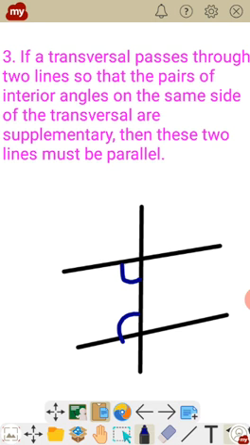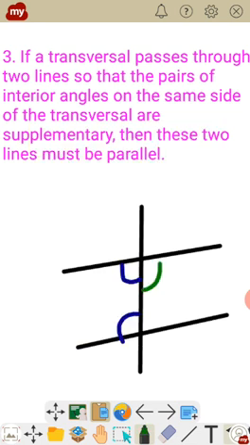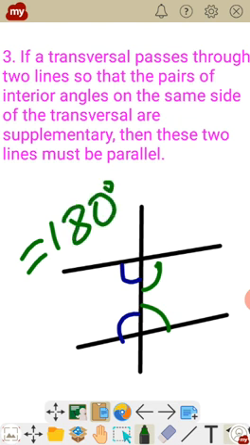So we have found the first pair. Another pair of interior angles on the other side you can see, right? So this and this is the other pair which I have drawn in green color. In this way we get two different pairs of interior angles on either side of the transversal. So they should be supplementary. Supplementary means what? Their addition should be 180 degrees, and if their addition is 180 degrees, then you can say that the given lines are parallel lines.